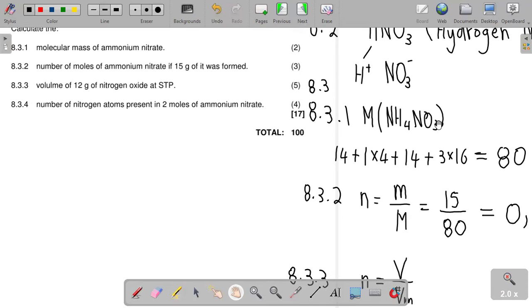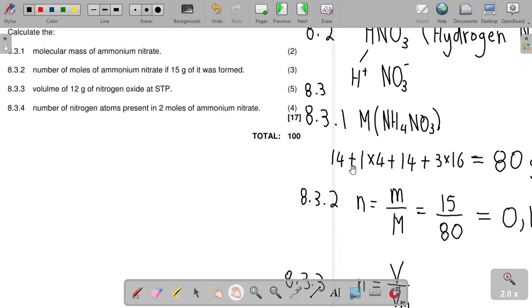Each molecule has 2 nitrogen atoms. Okay, so if they say 2 moles of ammonium nitrate, what do we do? We look at, because we're looking at the number of nitrogen atoms. Okay, but then for the nitrogen atoms, we have to see that there are 2 nitrogen atoms for 1 mole. Okay, so it means that for 2 moles,